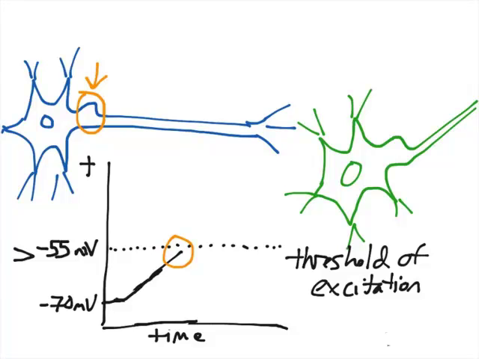What would happen if all of a sudden I opened the doors for sodium? It's going to rush in, right? Because by both its concentration and its electrical gradient, sodium really wants to get in. So if all of a sudden I throw open the doors and say sodium free for all, they're going to rush in. So when I hit that threshold of excitation,